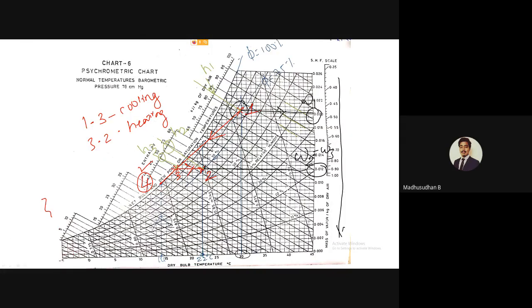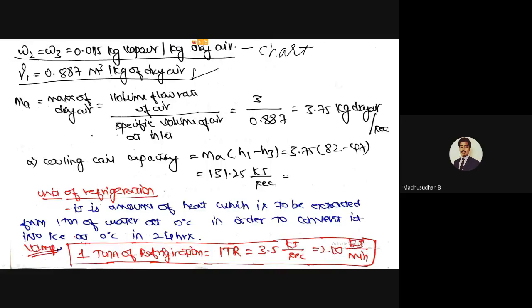How? First spot the point where state 1 is. So here is state 1. Where are the specific volume curves? Listen here: 0.775, 0.8, 0.825, 0.85 and 0.875. All these are specific volume curves. So you have to check arbitrarily. Here I am extending with a dotted line. This particular value is your specific volume at state 1. This is how you calculate the specific volume at state 1.